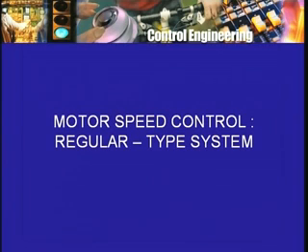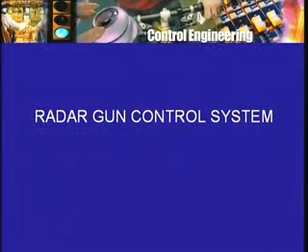In contrast with that is the class of systems called the servo mechanisms or follow-up systems or tracking systems, in which the system produces an output quantity which is to track the input quantity. And in the case of our radar gun control system, the output is angular position of the gun, and the input